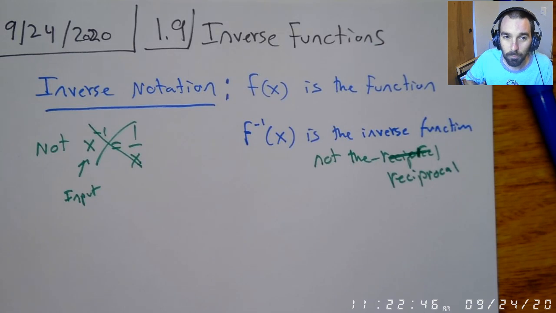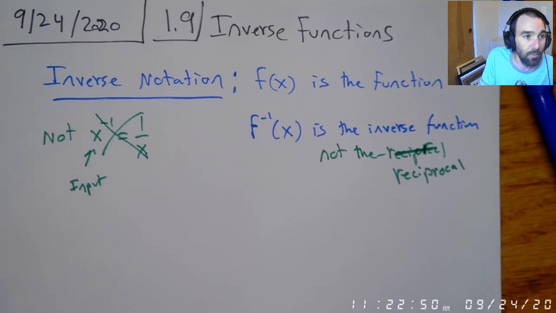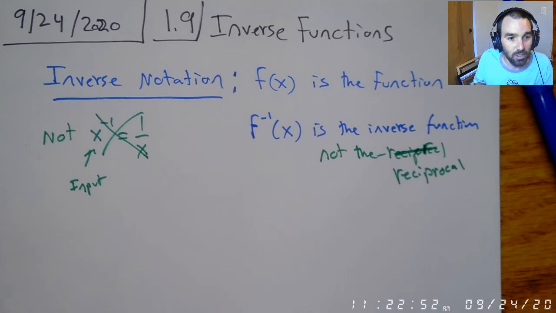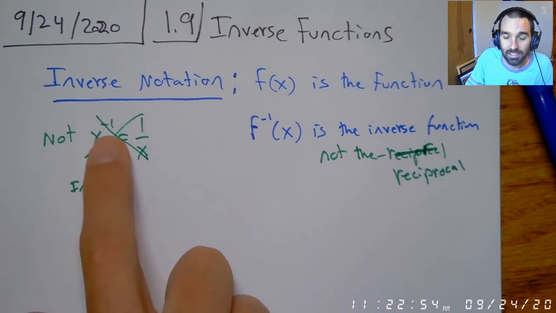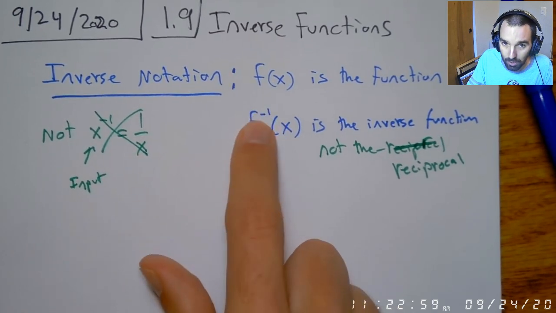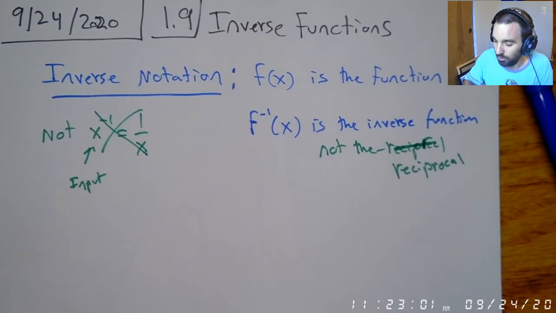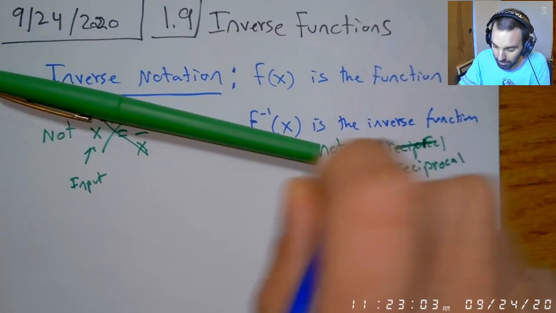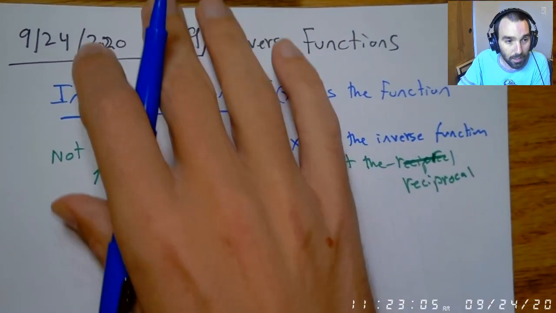All right. So that's what we got for notation. So moving forward from that, what are we doing next? Okay. So again, it's not the -1 power. It's not a reciprocal. It's an inverse function. We write it with the function. Okay. So just make sure you guys know that. All right. Cool. Next up,